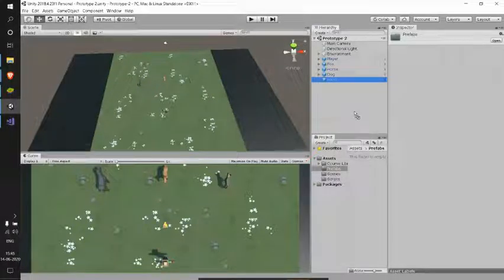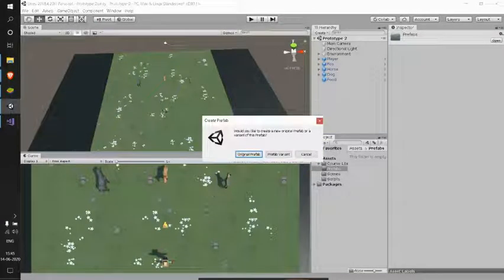See, whatever is present in the hierarchy will be a game object, but whatever I have in my project folder will be called prefabs. And see, there is a question: would you like to create a new original prefab or a variant of this prefab? Let me tell you what the difference is.